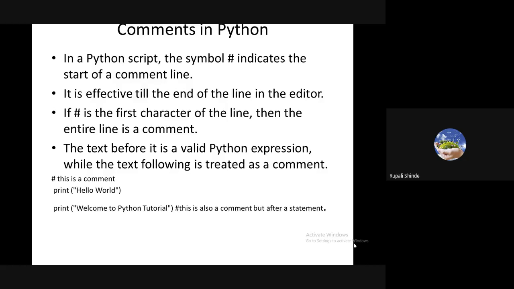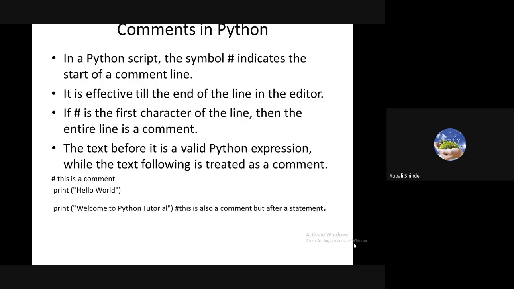Okay, in a Python script, the symbol hash indicates the start of a comment line. It is effective till the end of the line in the editor. If hash is the first character of the line, then the entire line is a comment. The text before it is a valid Python expression, while the text following is treated as a comment.